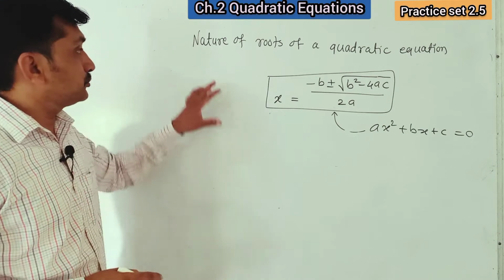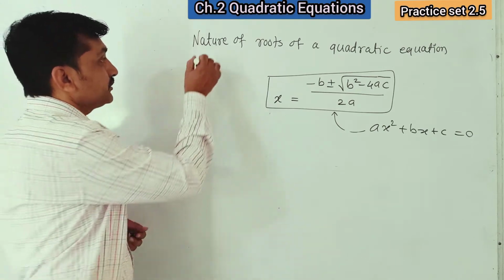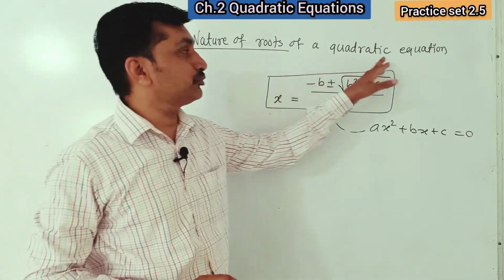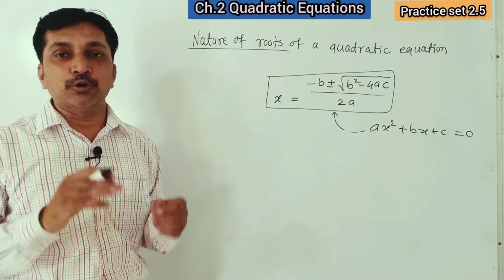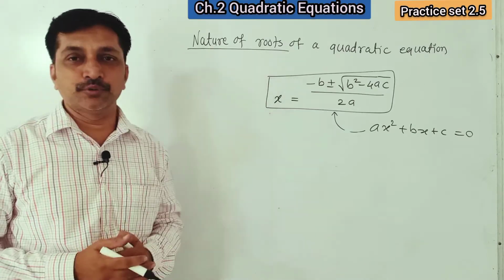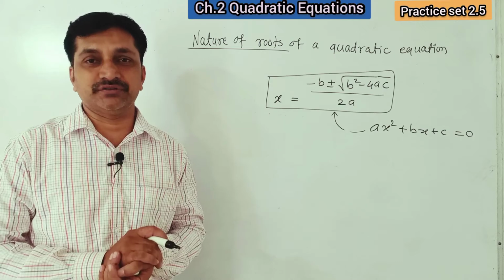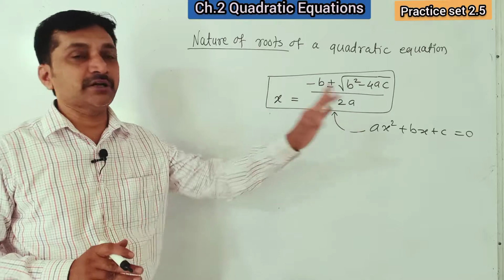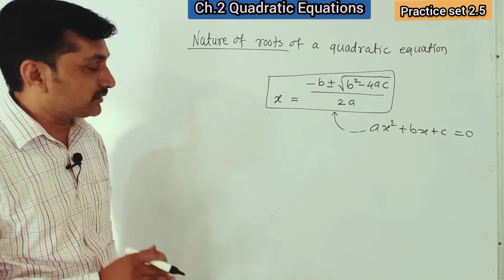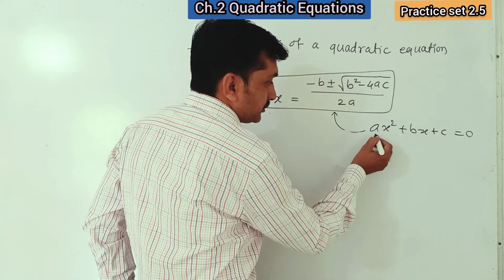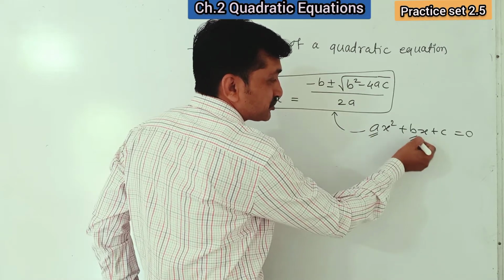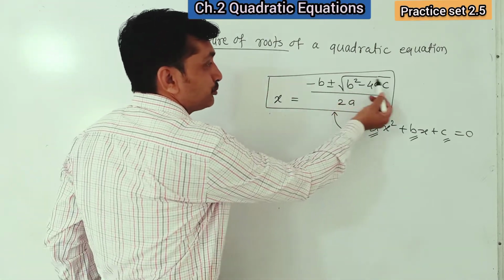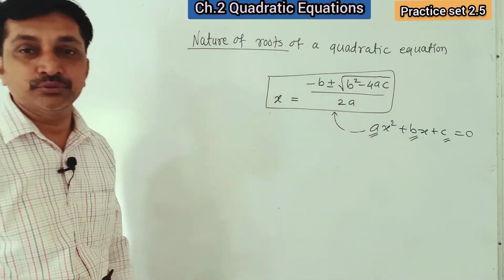Right? Now, in this video, we are going to study the nature of roots of a quadratic equation. Now, how to find the nature of roots? There are three main conditions by which we can write the nature of roots of that quadratic equation. Now, you know that here a is the coefficient of x square, b is the coefficient of x and c is the constant number. And here you see the square root of b square minus 4ac, that is the value.